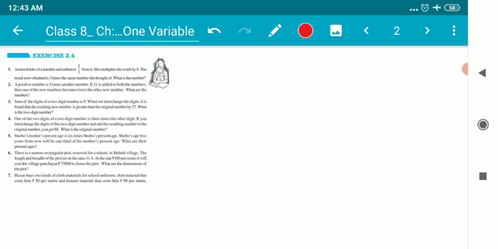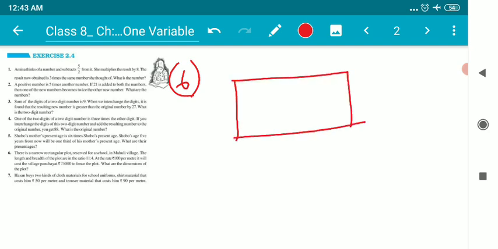So, let us understand a very important question, that is question number 6, and you will find similar patterns of questions in higher classes as well. There is a narrow rectangular plot reserved for our school. Narrow rectangular plot. So the very first thing that comes to our mind is a rectangular shape. This plot has a length and breadth of different measures. That's fine. Let's read the next part of the question, because reading the question is more important actually.